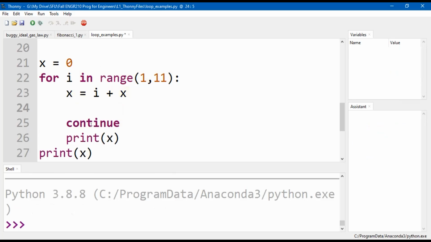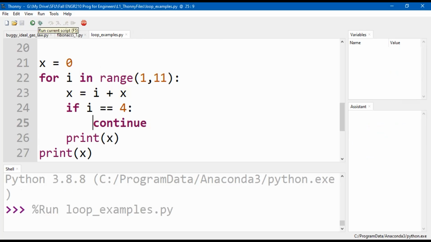Where you might use this is, say, if there's something that would make you want to skip a section of your loop. So say on i equals 4, I want to not print something. I can put that continue statement inside of an if statement, and it'll skip printing that one time.